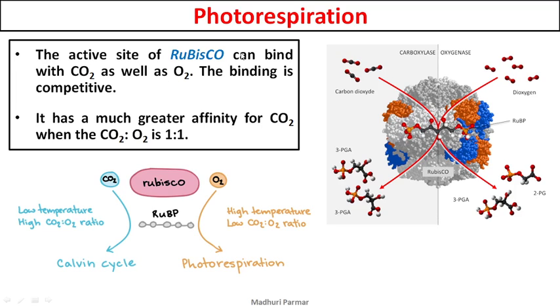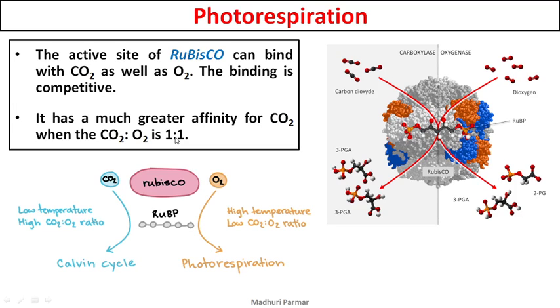So the active site of Rubisco, this here is a Rubisco enzyme. It can bind to carbon dioxide as well as oxygen, and the binding is competitive. So carbon dioxide and oxygen will compete to bind with this Rubisco enzyme. It has much greater affinity for carbon dioxide when the ratio of carbon dioxide to oxygen is 1:1. When carbon dioxide is either more than or equal to oxygen, it has greater affinity